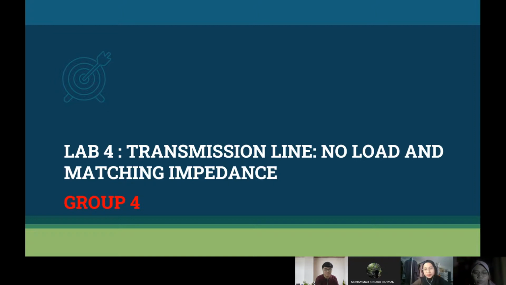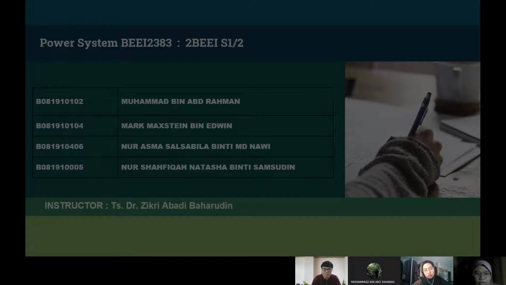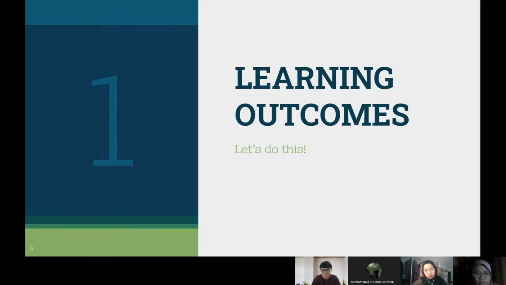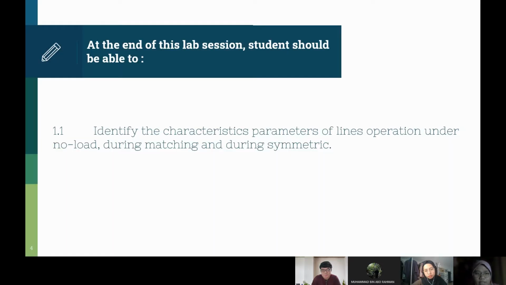We are from group number 4 for lab section 4, transmission line, no load and matching impedance. This is our team member. I am Nur Syafiqah Natasha binti Samsudin, and thanks to our instructor, Dr. Zikri Abadi Baharudin. For the learning outcome, we have only a single learning outcome for this lab, which is that at the